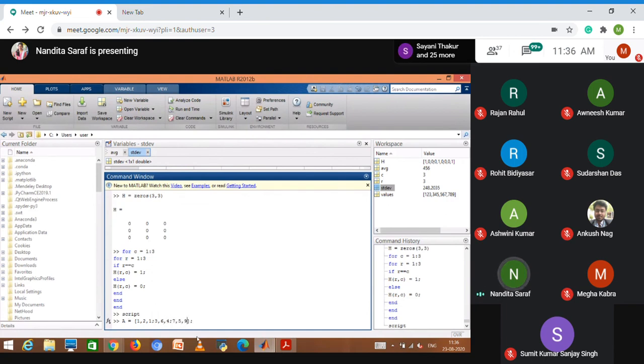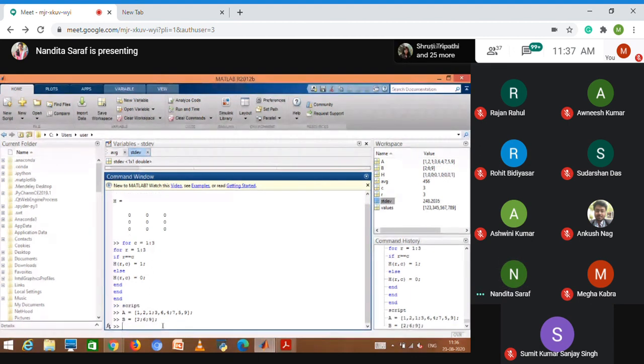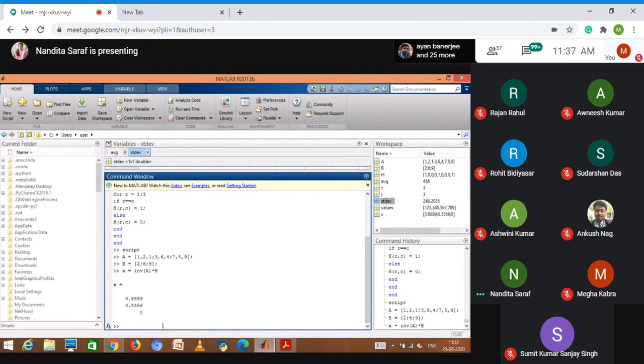Some random matrix I'm doing. This is our matrix. Column matrix is... So if you want to get a solution, and if you want to verify,